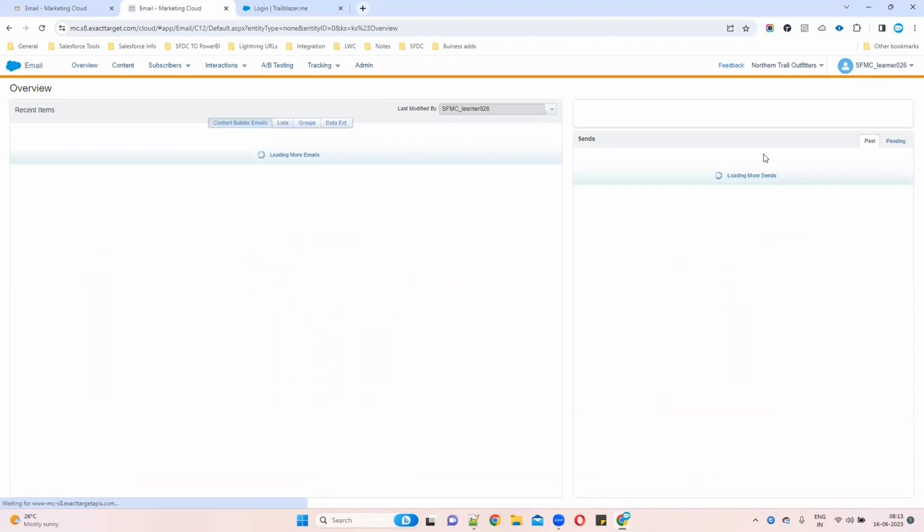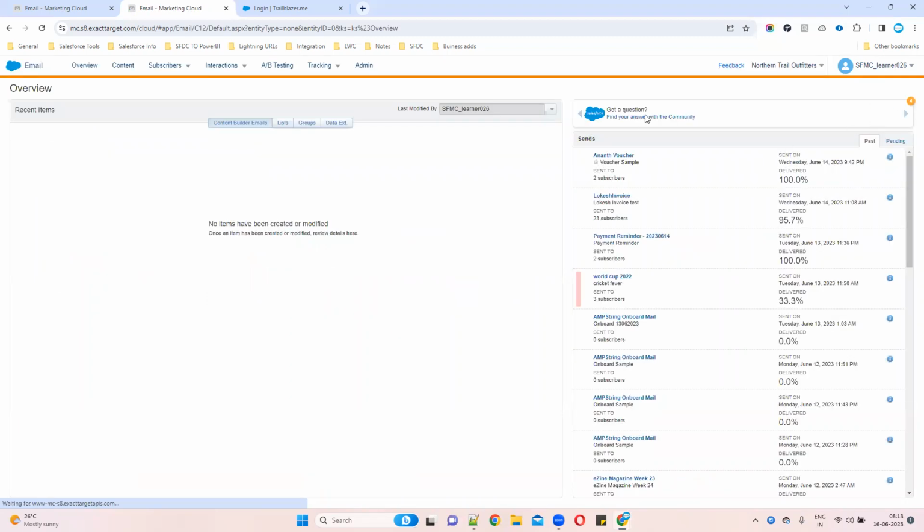Whenever you mouse over, it will show the information about what it will do. So that is called show tips.